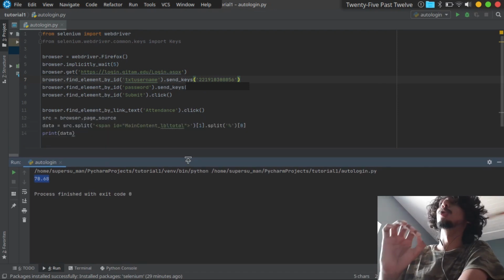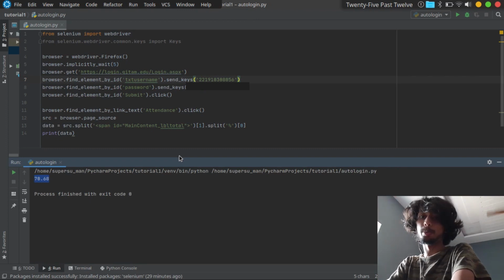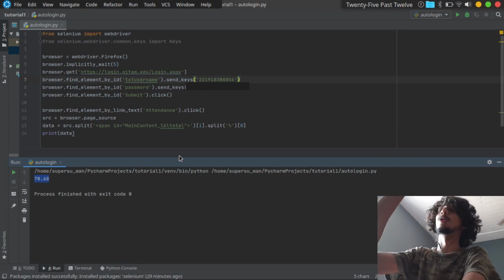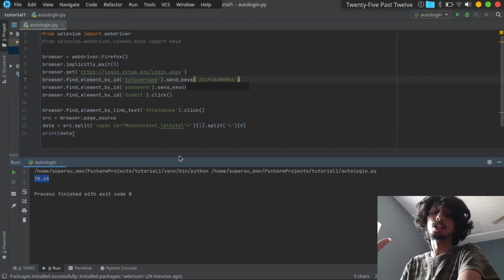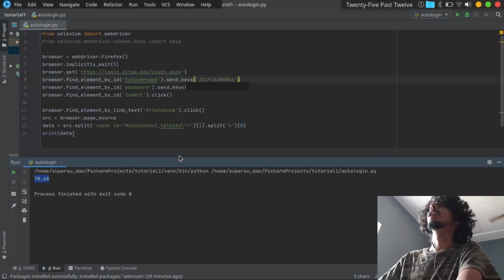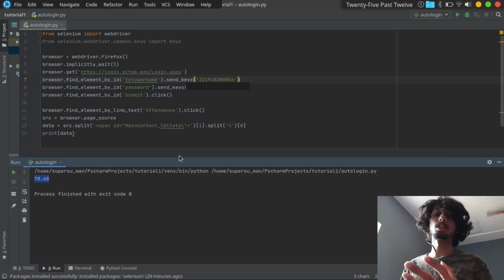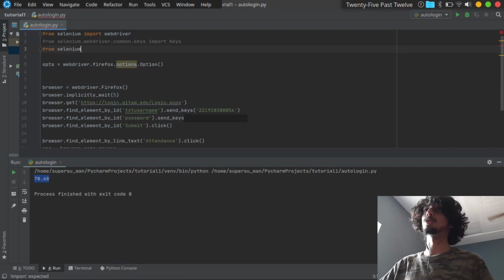Now, if you don't want the browser to open, if you want all these things to happen without your browser opening, you have to use this function called options. Let me show you.